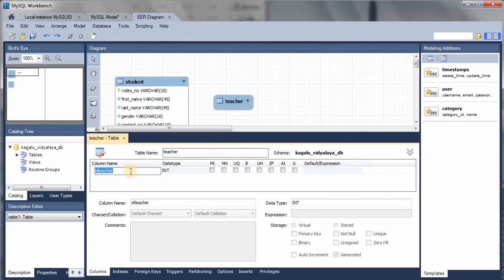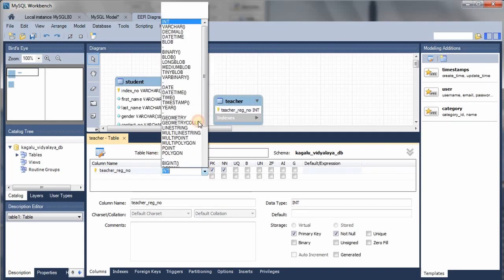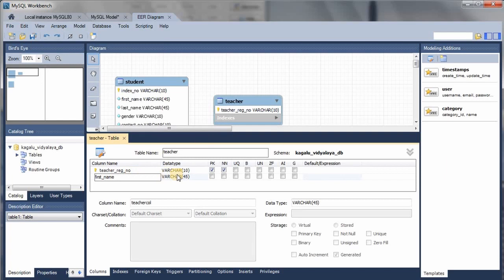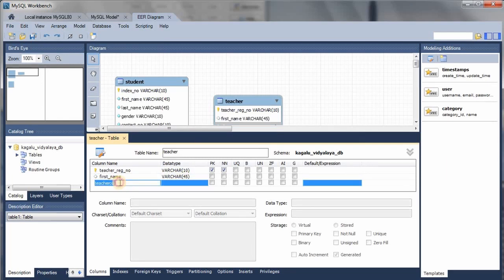Here's the first attribute, teacher reg number, with the data type of varchar and character length of 10. Here's the first name with the character length of 45. Last name also is going to be a character length of 45.